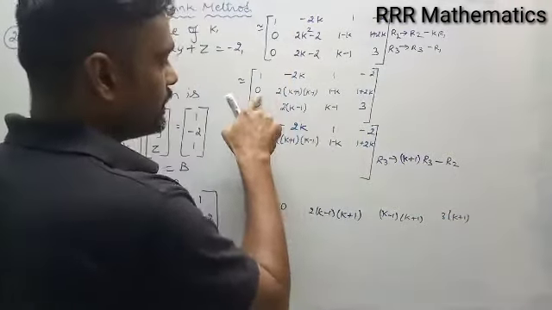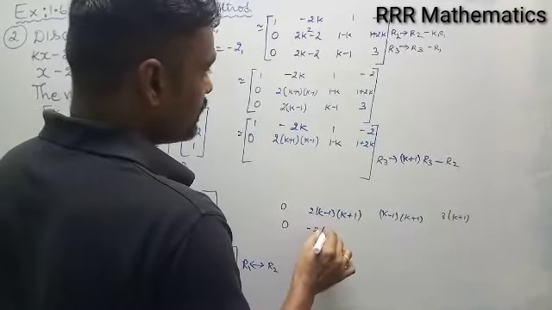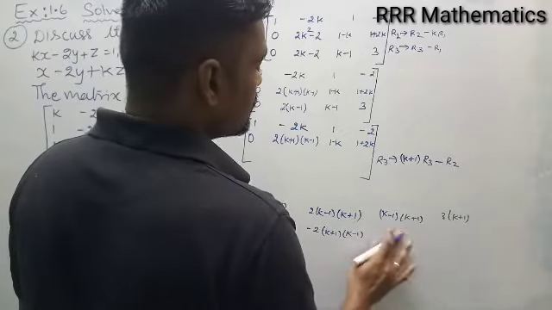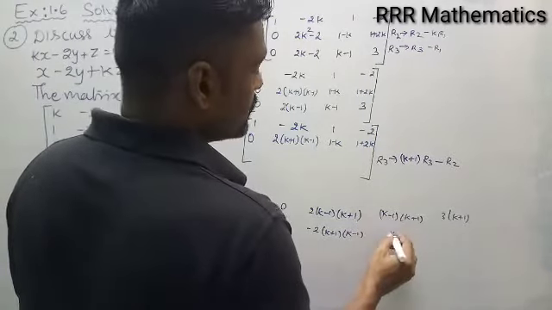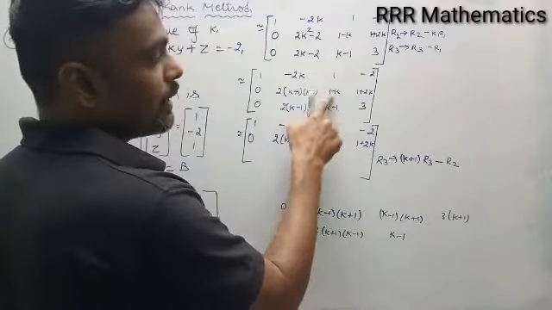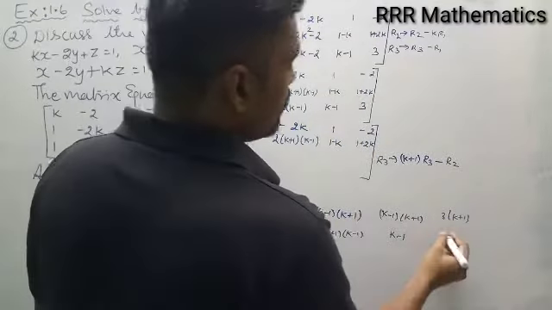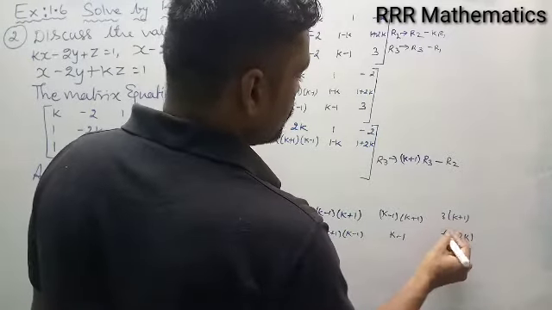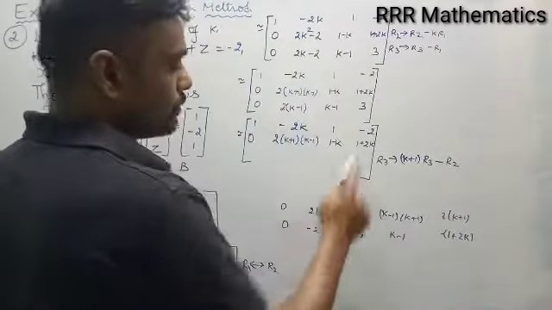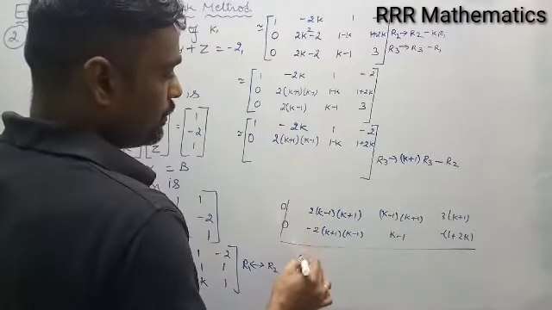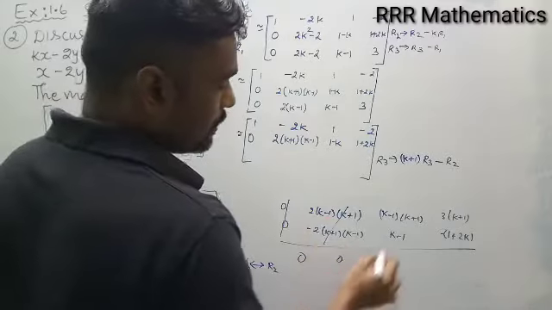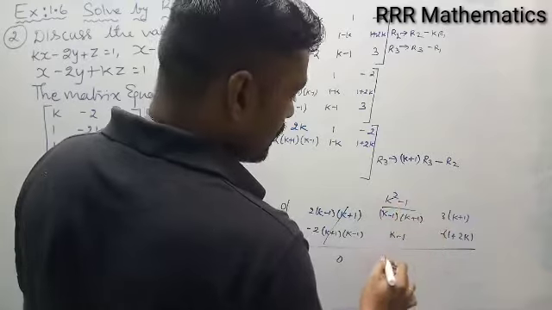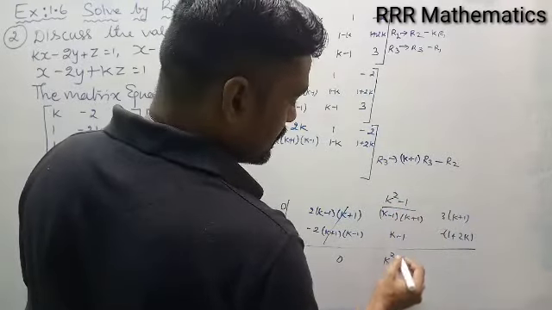When you subtract here, 0 minus 2 times k plus 1, k minus 1. This is minus of 1 minus k, minus of, that is k minus 1. When you multiply, minus 1 plus k. Minus 1 plus k. When you multiply, minus of 1 plus 2k. I can write like this also. Got it? So minus R2 becomes like this. When you simplify, 0, cancel everything. 0. It will be this is k square minus 1, k square minus 1. And this is plus k.